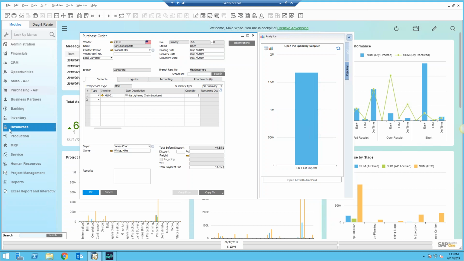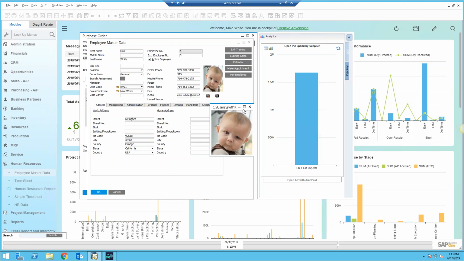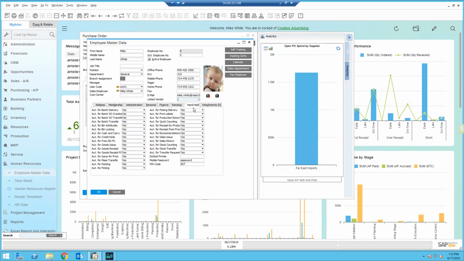Okay, let's take a look at Produmex Scan. Now, it doesn't add anything into the menu system with the exception of a tab that gets added into the employee master data. And so when we install Produmex Scan, let me bring up my employee record in case you're wondering what I look like. There's me. Now, Produmex Scan, what it does is it adds this new tab here called Handheld. And this is where you can determine, for that employee,